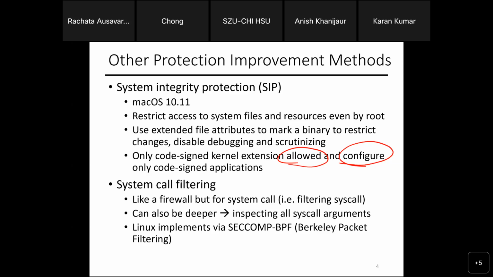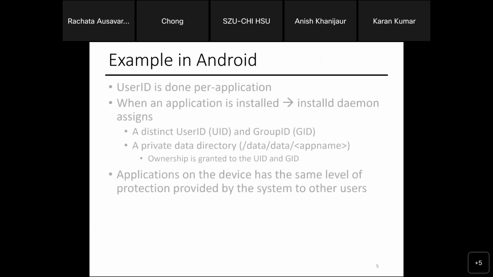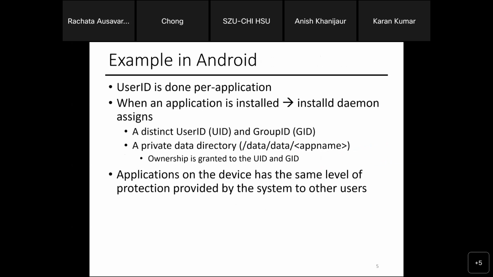Unlike the system integrity protection, which says this file cannot be accessed even by root, and only certain people can configure them, this is more like, I cannot run this system call based on my definition. Now in Android, what's the unique thing about Android?